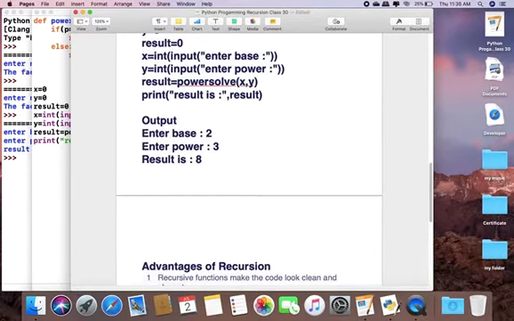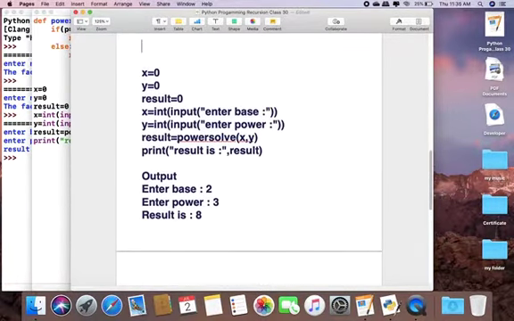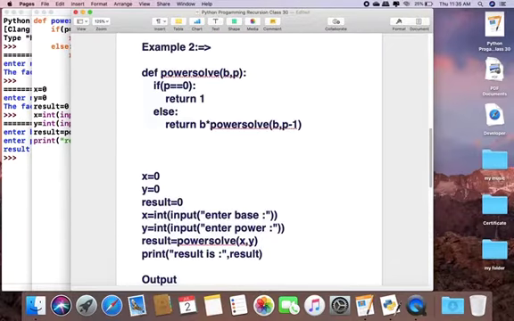First we understand how this program is executed. Our base is 2 and power is 3. Whenever we call this function, first it checks if p equal to 0. In this case p equal to 3, so it is not 0.